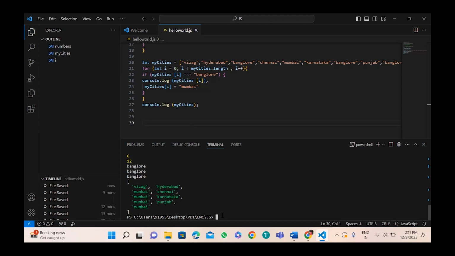Make it equals to Bangalore, right? Should we not make it equal to Bangalore? We are comparing. You are checking that if at this place, do you have Bangalore. See what happened in the for loop. Just assume, we'll write some steps here. Okay, this is the for loop. Now inside this for loop,